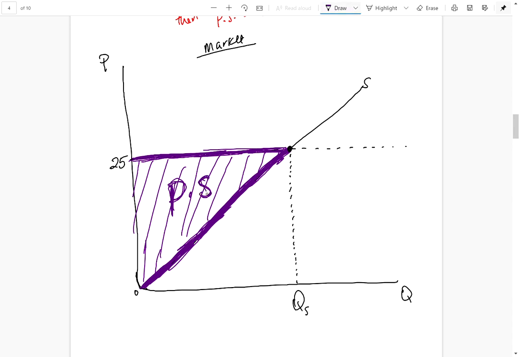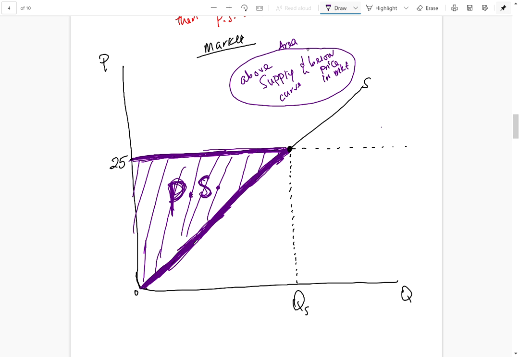I've said that a number of times because it's a question I've received from a number of students when describing producer surplus. So again, producer surplus is above the supply curve and below the price in the market. So it's the area,